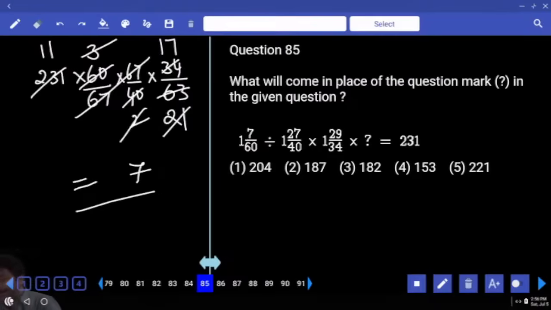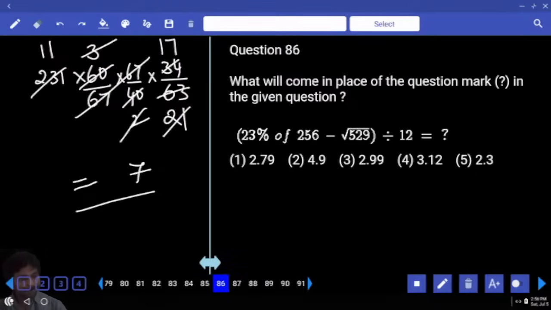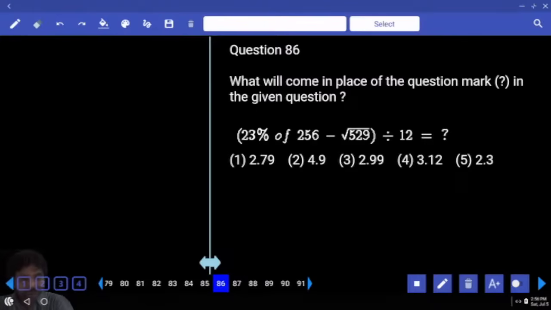231 has 11 multiple. We missed it. Under root of 239. Listen carefully. Under root of 529. 20. Already we have 23, right? When you calculate under root of 529, how much are you getting? 23. Observe carefully. Can I write it as